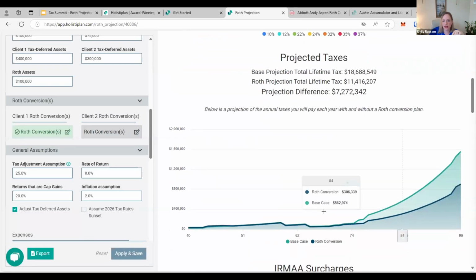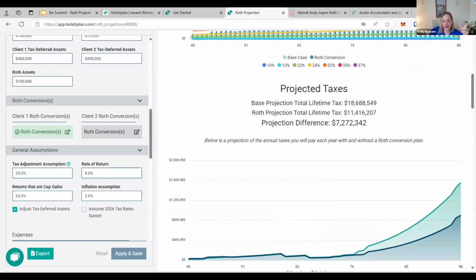The other thing that we could then look at is what are the total projected taxes? So in the base plan, if they just never met with an advisor and never did any tax planning and never did any Roth conversions, they just believed that continuing to save pre-tax makes sense, they're going to pay $18.6 million in tax, 18.7. In the case where we do the Roth conversions just up until age 62, that tax bill has already been lightened significantly. I regularly see 7-figure drops in total lifetime tax,